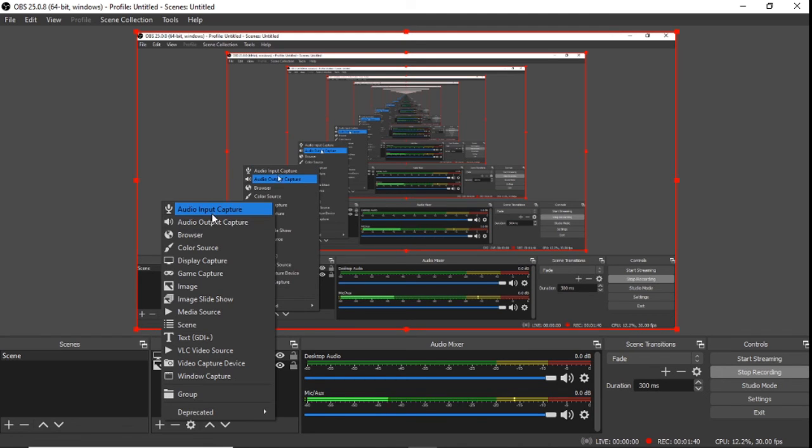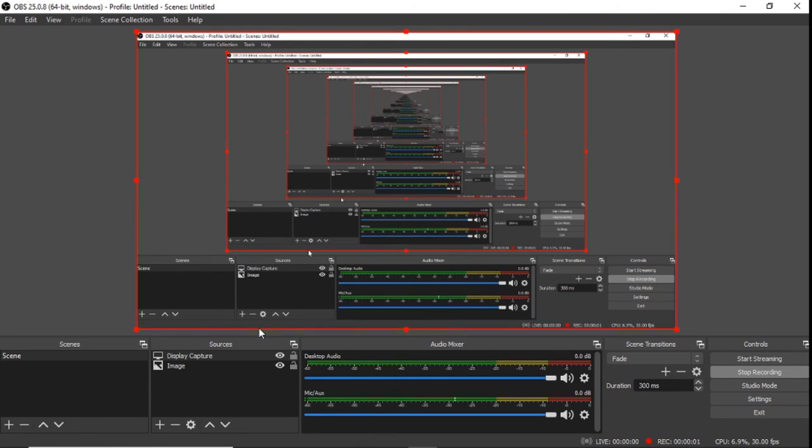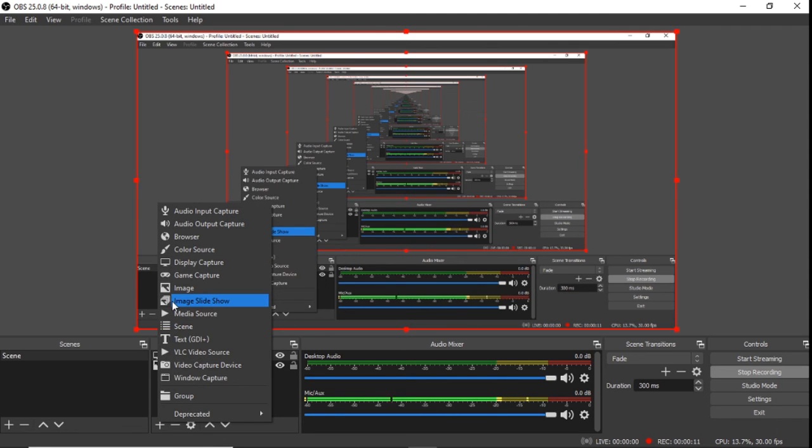There are very significant features that can be enabled in order to make your e-content videos. So we could go from the top and look at the sources box down here, which is the most important feature of OBS software. If you click on the plus sign here, this is where you could see the various features you could use in order to make an e-content video, right?